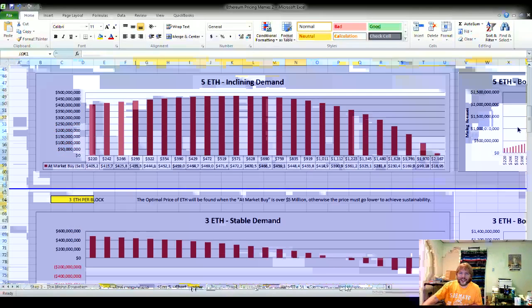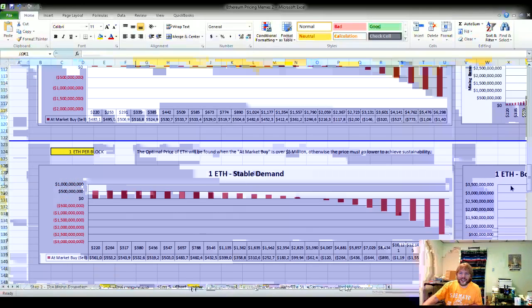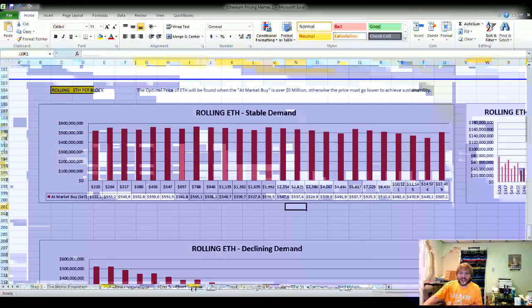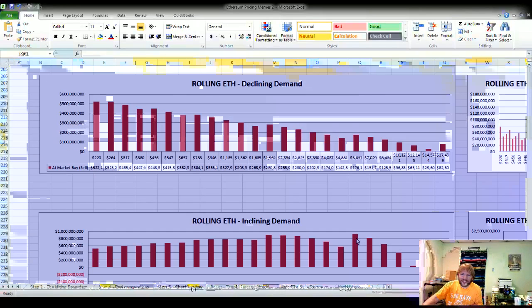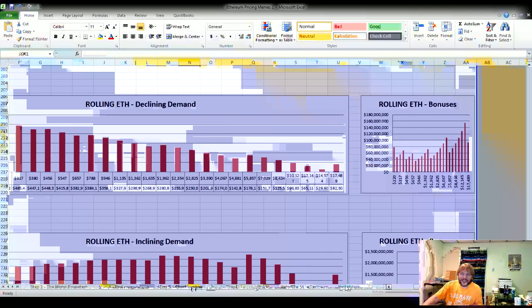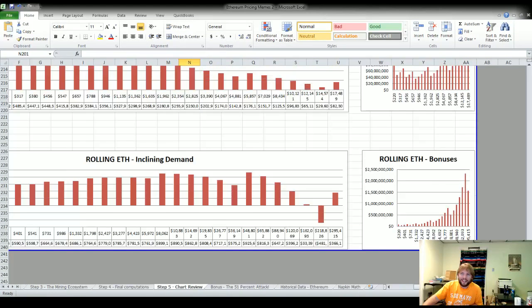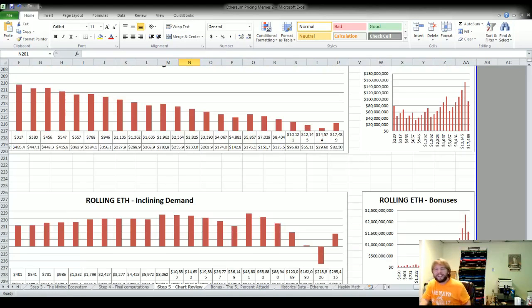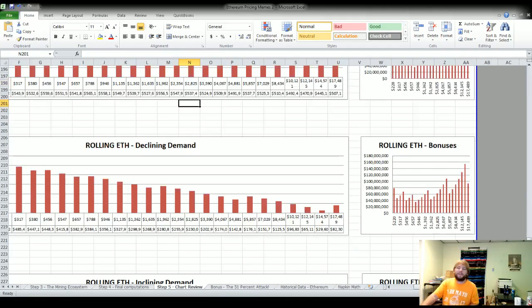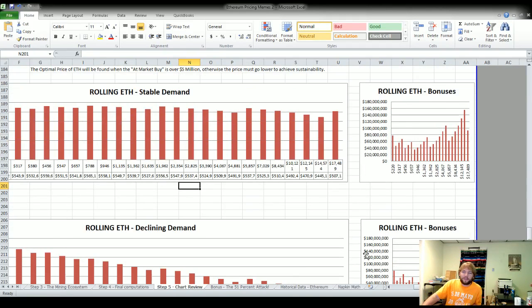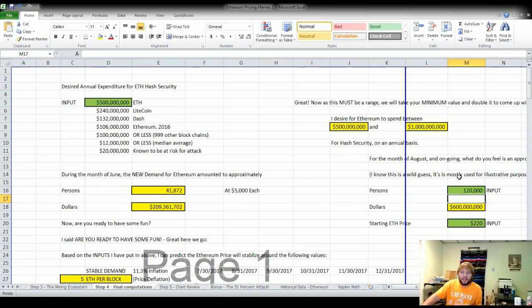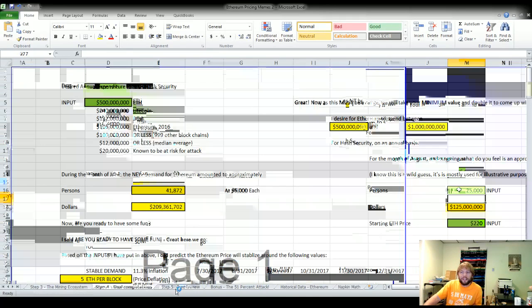Basically we're saying that we're paying too much overhead cost in Ethereum, and therefore our stable point is at this point. If we go to a lower overhead cost, our stable point will be here. The variable that we don't know about is maybe more people want to buy Ethereum than we think. Demand changes. Maybe more people like Ethereum, maybe more businesses do. And that can always drive it up or drive it down.